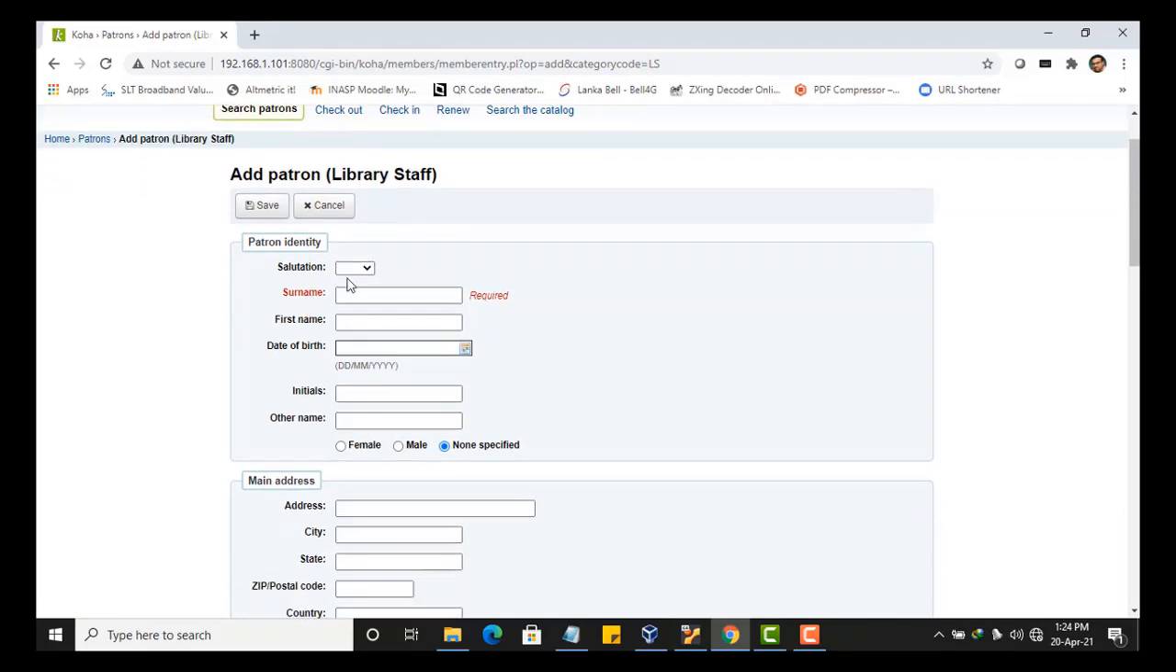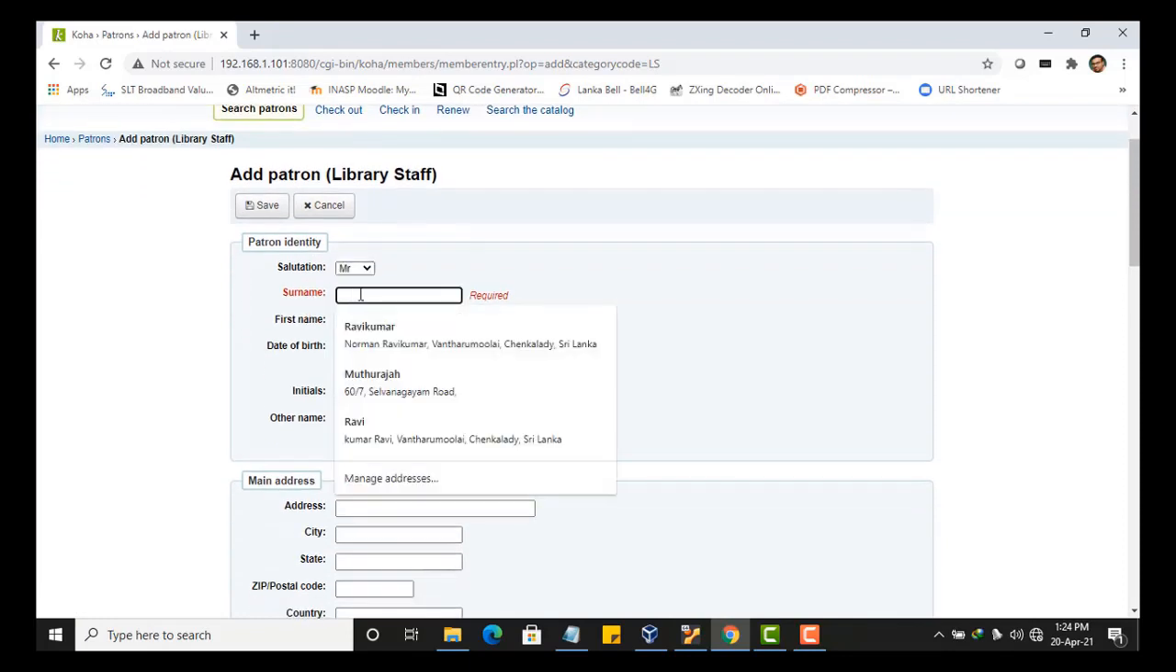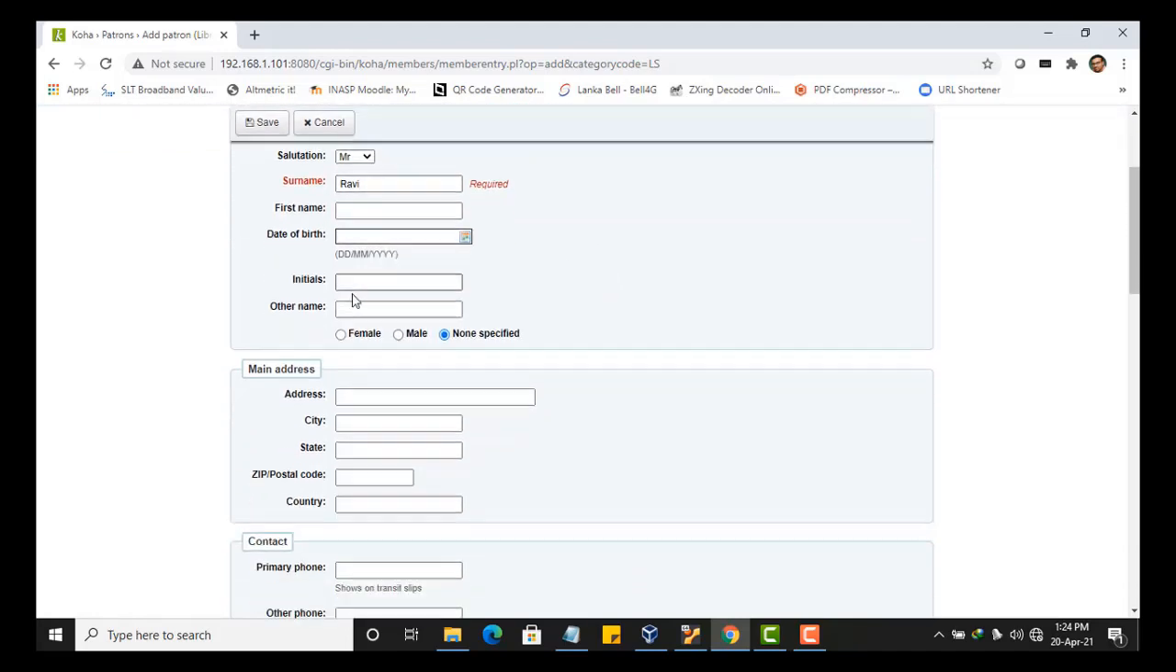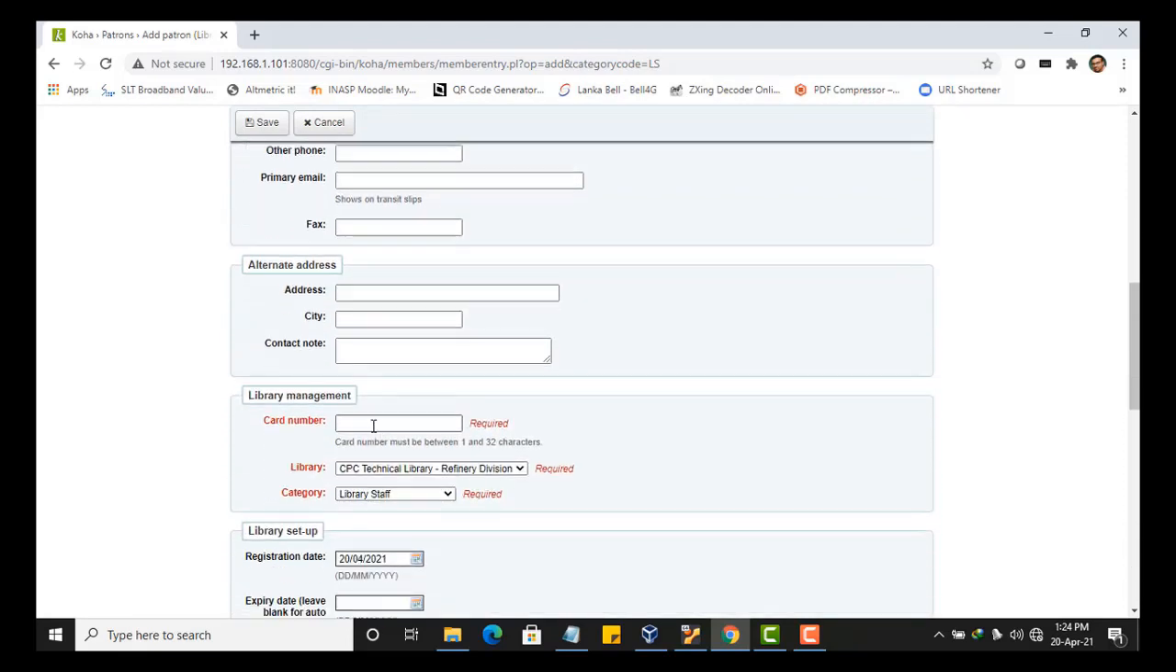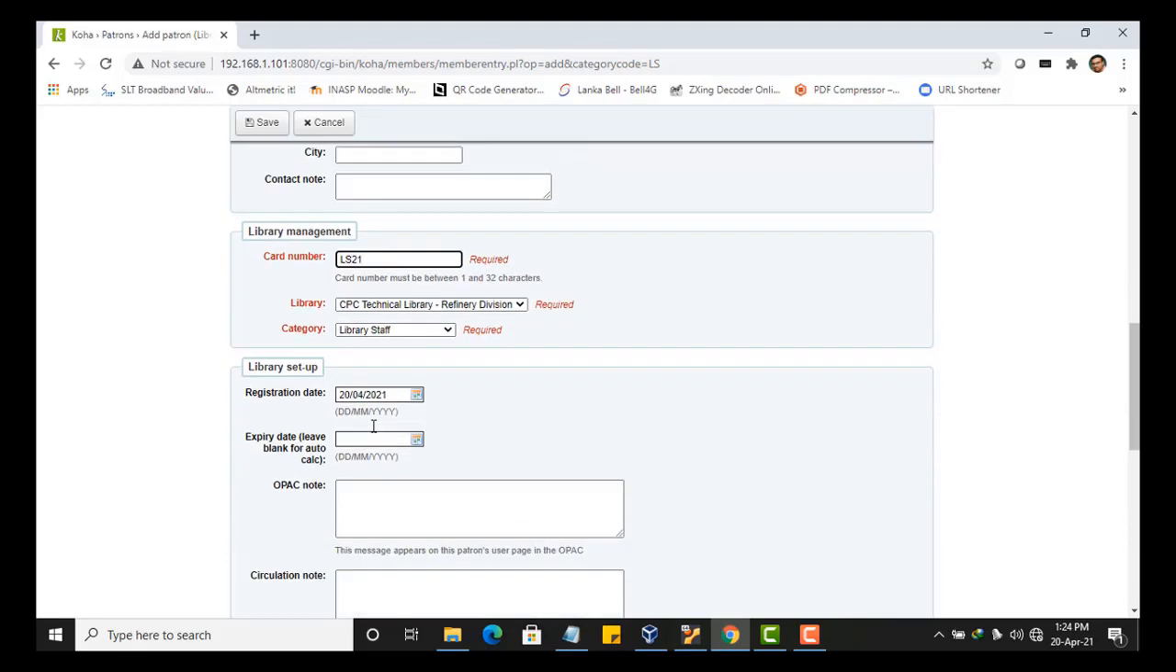Again you have to do the same thing, right? So I'm not going to type everything, right? You have to do all the work which I have explained earlier, right? So enter all the information and give a number. Normally we are using another number, card number, or the staff number we can use. You can use a staff number or staff ID, or you can use any number. Here I'm using LS 1 like that, right? Then here also you can define the registration, otherwise you can leave it blank, then automatically it takes